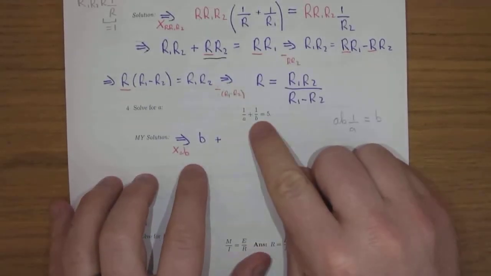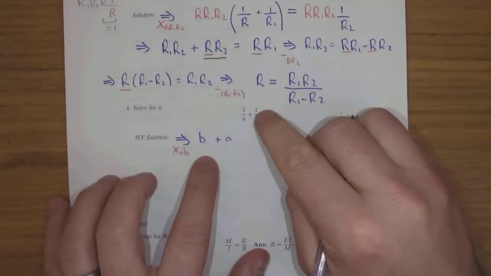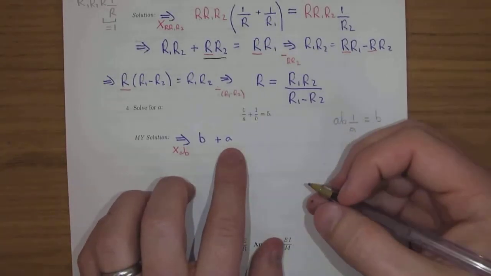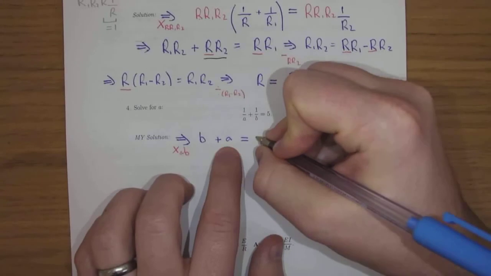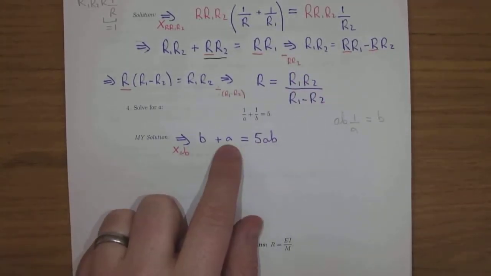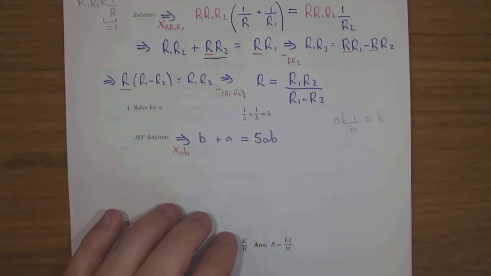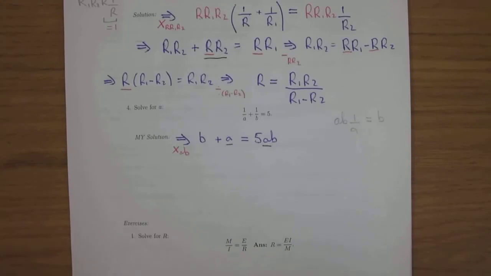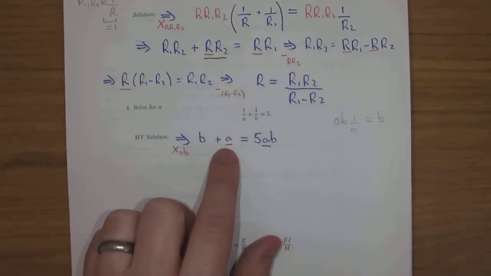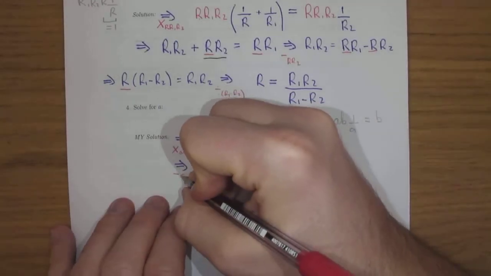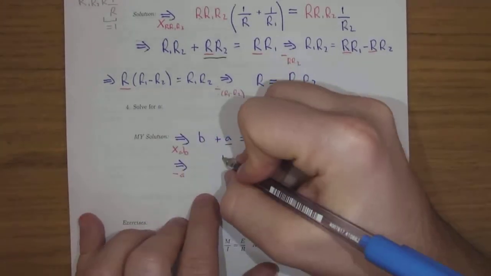Similarly, if I do AB by this, I have A and B, so A is multiplied by B, and the division by B undoes the multiplying by B, so I'm just left with A is equal to 5AB. And we're asked to solve for A, so I'm going to choose to get all the A's on the right hand side. I've got a plus A here, I don't want that there. What's the inverse of adding A? Subtracting A. Do it to both sides, I get B is equal to